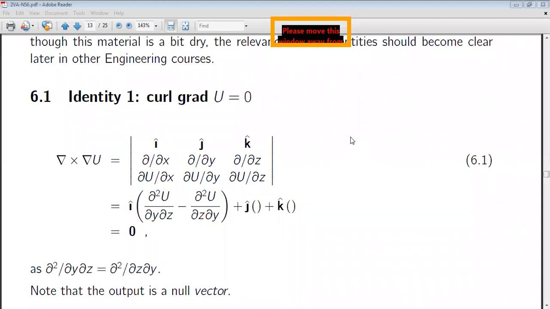No, there is no value of u. See, u remains the same here in line 6.1. u is a scalar point function, nothing else. u remains the same. See, in the second line u remains the same. u यहाँ वहाँ में दिया गया. But remember, u is a scalar point function, because gradient can only be found out for a scalar point function, otherwise not.